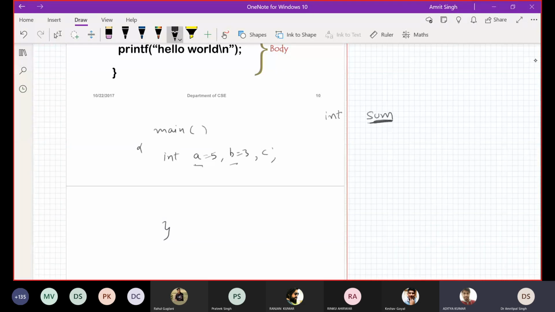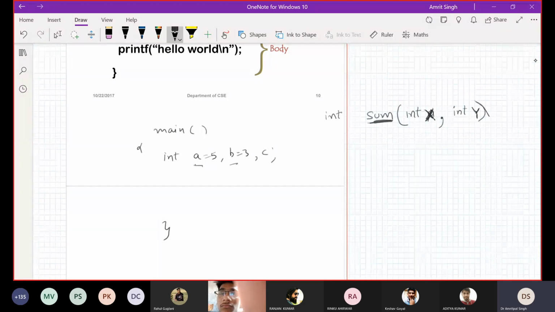Now the arguments: it is also taking two variables as input, so we need to give these input variables. You can write x, y, it's up to you. We need to tell the compiler that these two variables are input. So this is the overview.